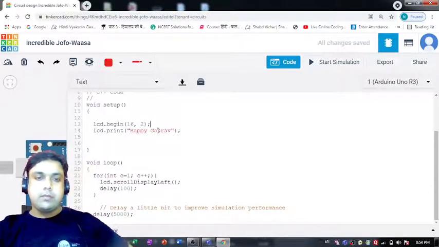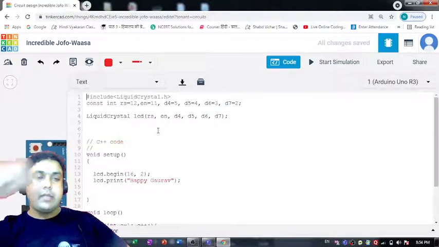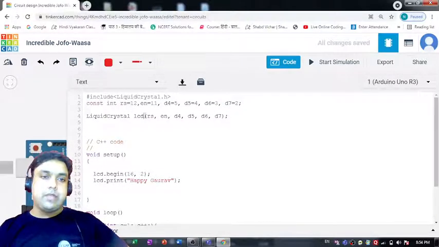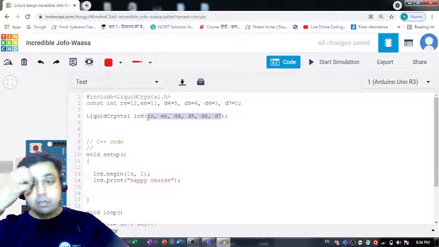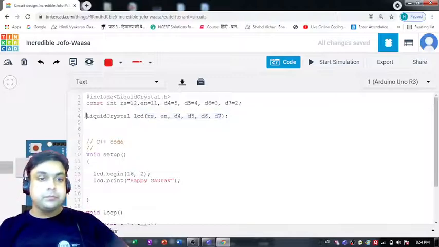The variables have been correctly defined over here. Then for making the LCD work we have to pass the values, so I've passed the values correctly, and so that's what it should print for us, but it's not printing anything for us right now. Now why is it so? That's what we have to find out.